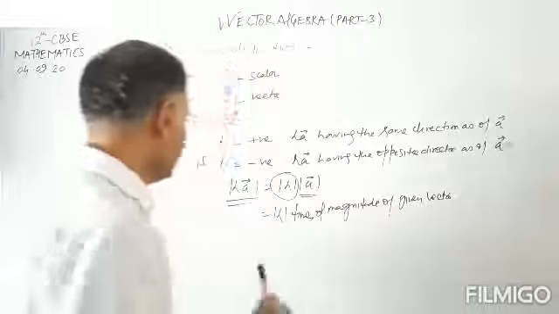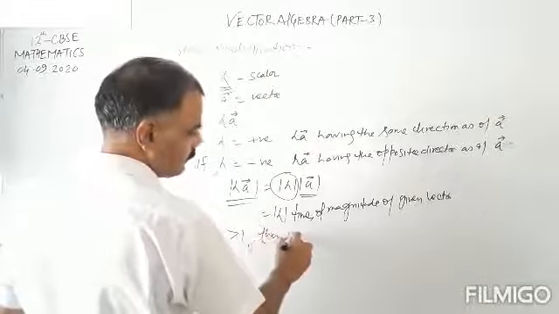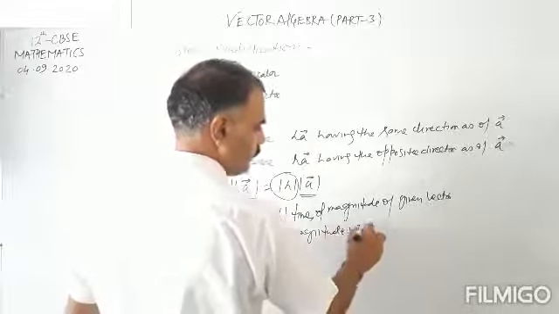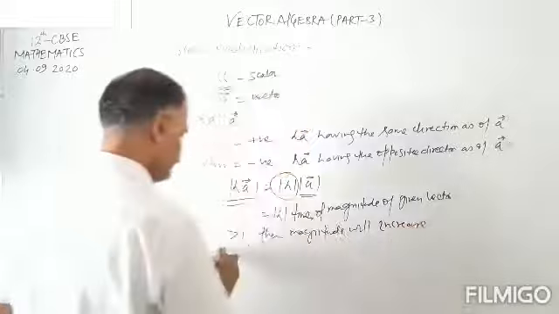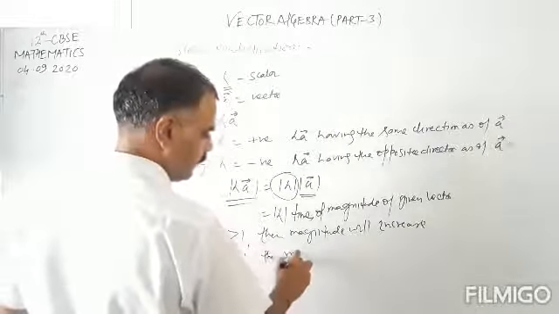If lambda is greater than 1, then the magnitude will increase. If lambda is less than 1, then the magnitude will